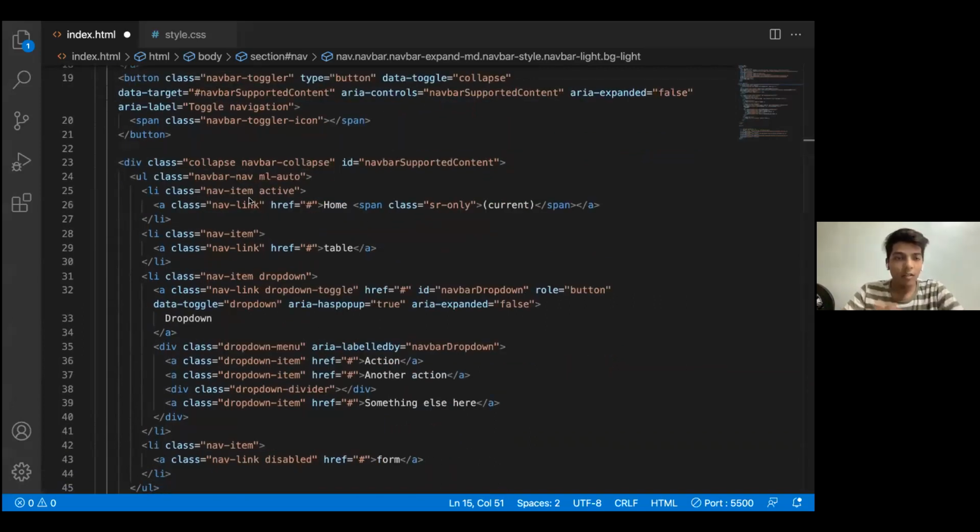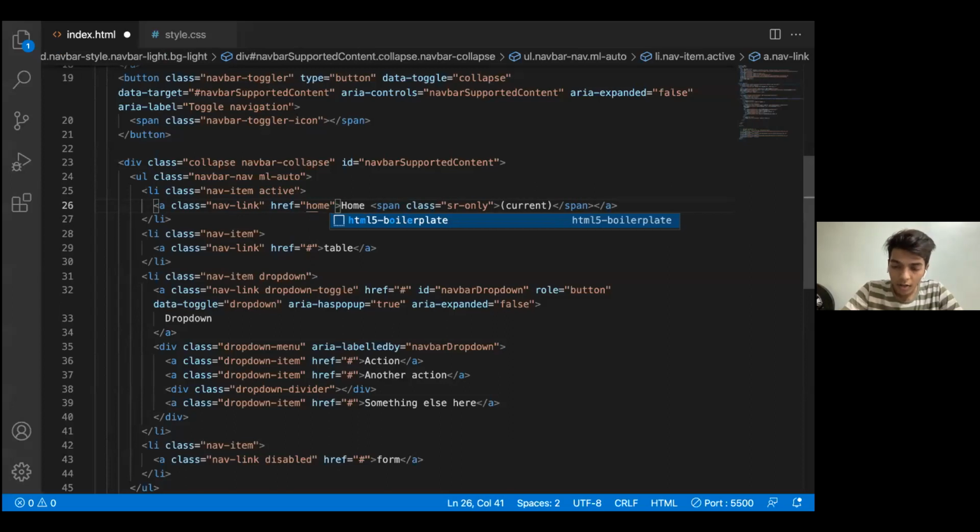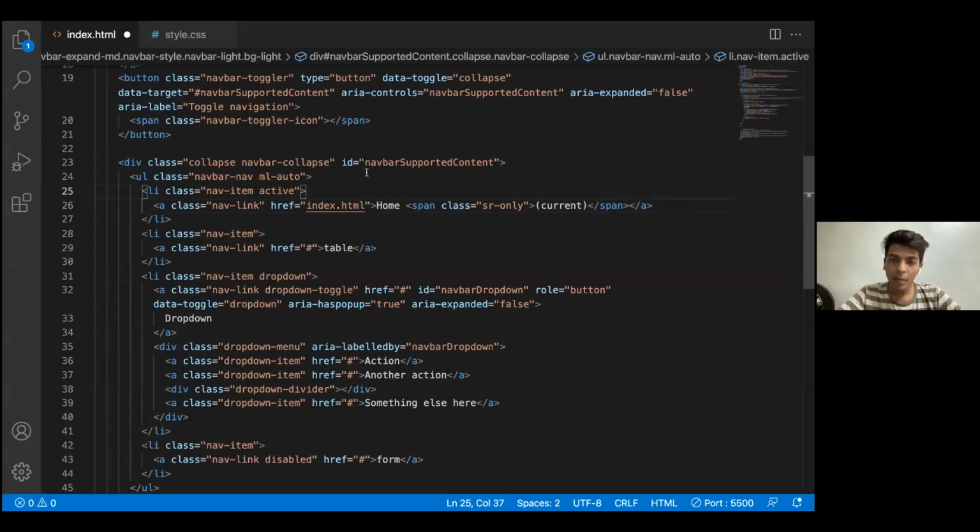What nav items are, you all know that you write a UL. The UL has a class of navbar-nav, and in that navbar-nav, I want my nav items. So I write nav items, and I have provided some links to my nav items. I write a class of nav-link with a particular name that I've provided. So here, this is a class of nav-link. There is an href where I'll put a link of index.html itself, because this is the first page and I want my home page to redirect to the page itself. So I write index.html here, click it, and my page would redirect to that page itself.